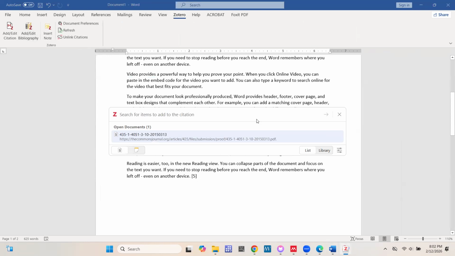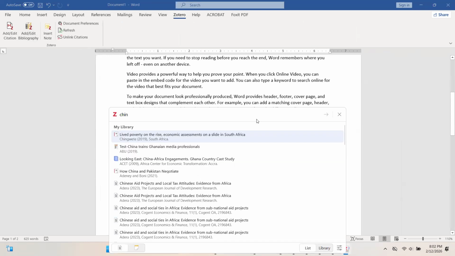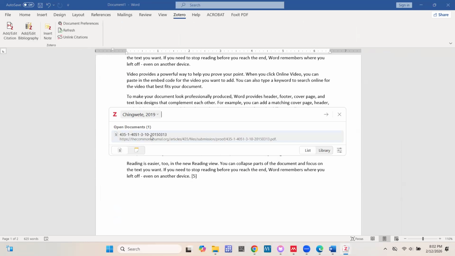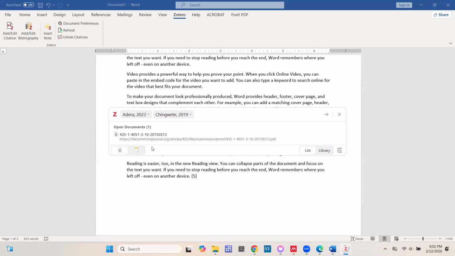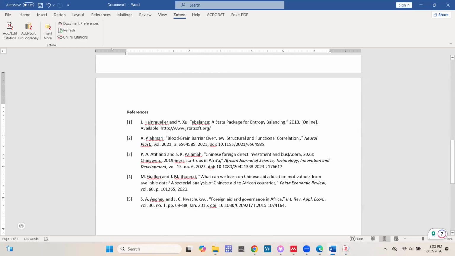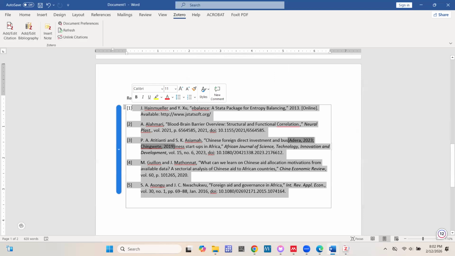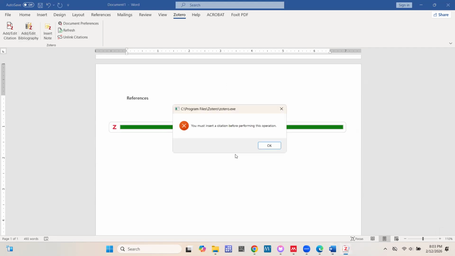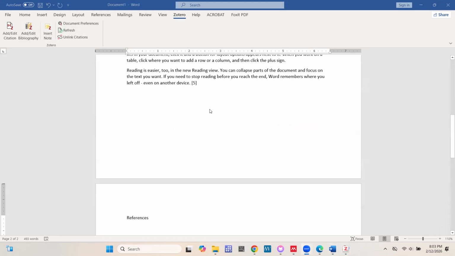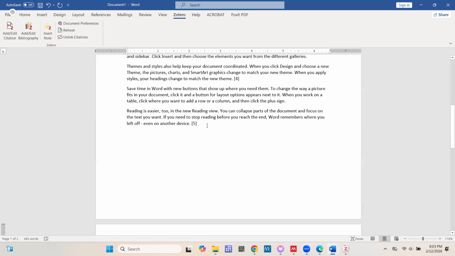then let's just use one. So, okay, let's use this. And then let's add more. Once you enter, let's delete this one. All right, so let's delete this and then create using Zotero. So add bibliography. It says we didn't insert, so let's try and insert.